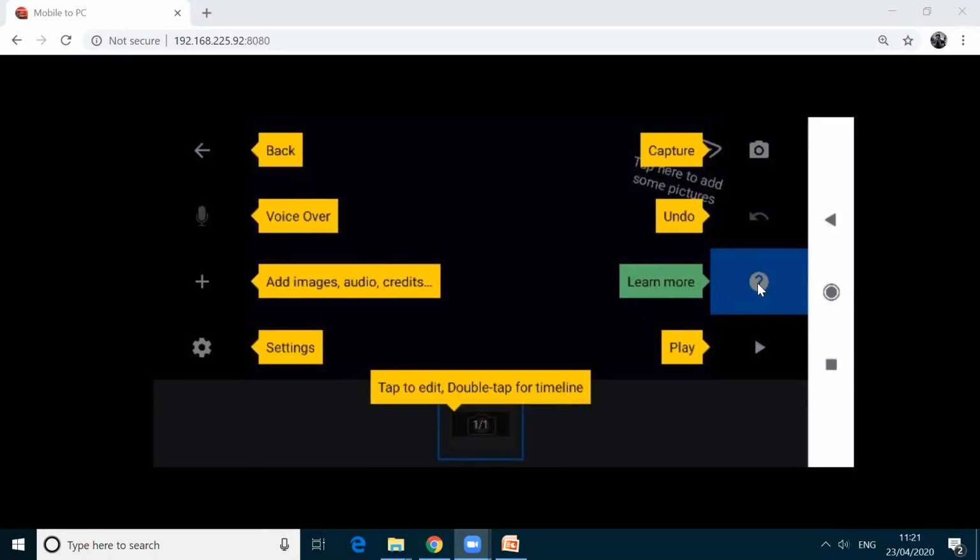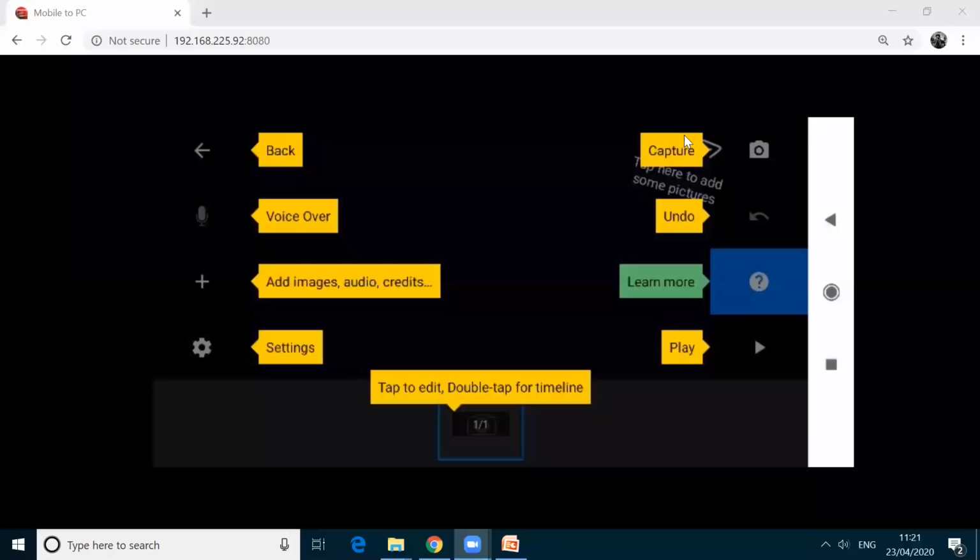So when I'm opening here, I'm getting some icons at the left and also at the right. I'm clicking this question icon. Here it is. So to view the function, I'm clicking here and it shows the first one is back, and then this one is voiceover, and then this one is add images and settings.